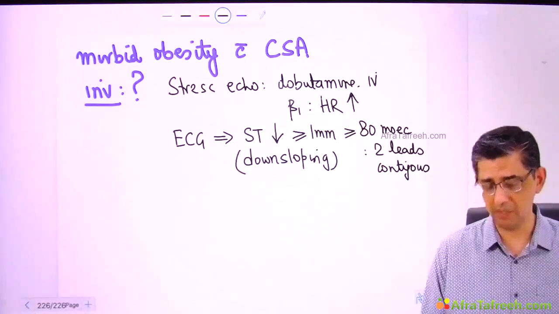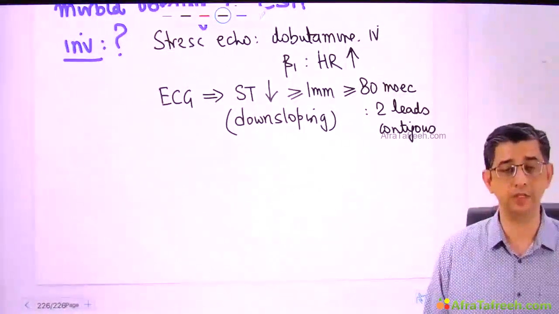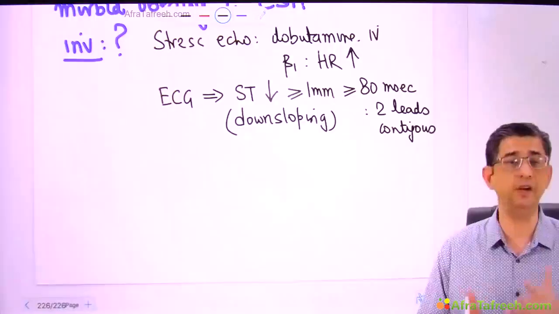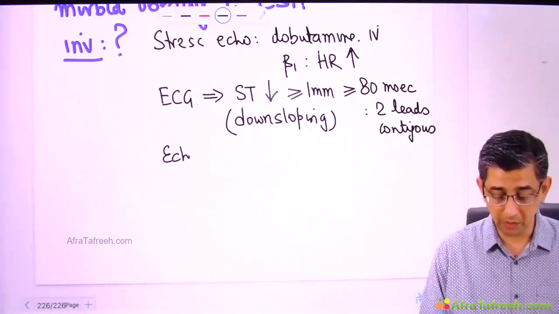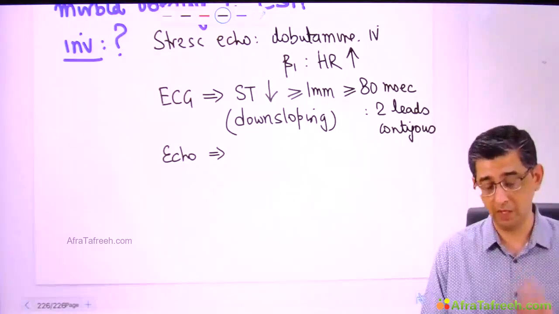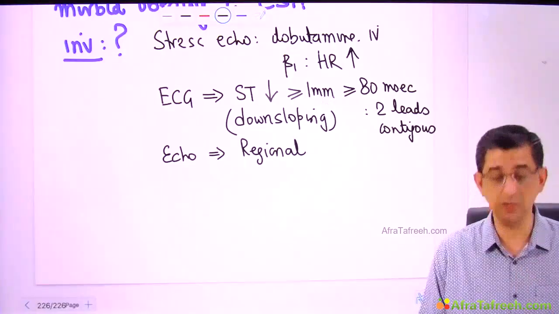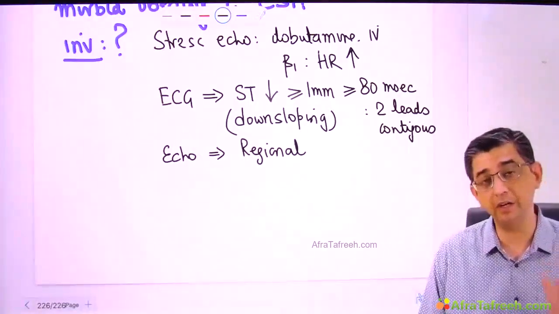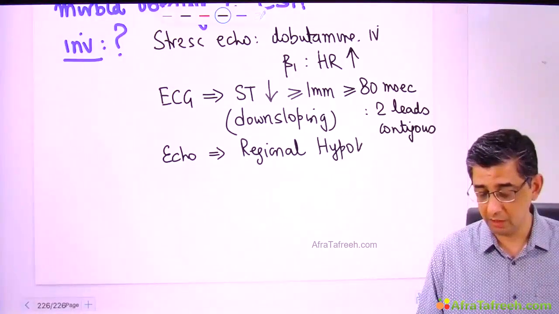Mostly in the exam, he will be unlikely to ask about the magnitude of ST segment depression. He might just use the words ST segment depression in a person in a treadmill test or on a stress echocardiography. And I will also be doing an echo in this person both when the drip is running and when the drip has been switched off. When you do echocardiography in this person, because there's a blockage in any one coronary artery, let me say the right coronary artery, then right ventricle contractility, right ventricle function will be hampered. So he will always use the word regional hypokinesia.